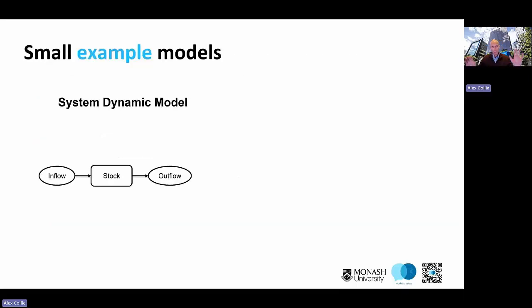Before I show you the big models, I'll show you some little ones just to sort of explain what they are. So the system dynamics model is really thinking about stocks and flows. So we have a number of people coming into a system or a part of a system that might be 10,000 injured workers a year coming into a workers' compensation system in some part of Australia. They form the stock, and then certain things occur, and every year a certain number of those return to work or leave the system, and there's an outflow.